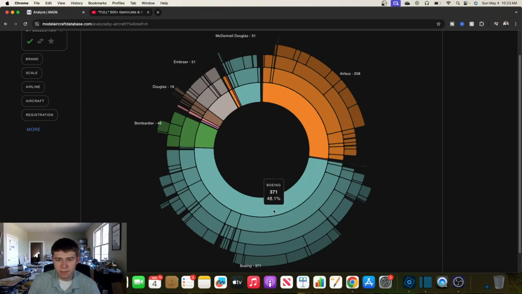So as you can see, I have 371, and then each tab that you go down shows you a different sector of the aircraft. So obviously I have 25% of my airplanes are Boeing 737s, which is pretty impressive. But on top, you can see why this line is so big here. And then if I go over here, only 2% are Boeing 727s. That's 2%. So you can see here how this starts to break down. You can start to get a feel for it. So let's go with the biggest one, 737, and then it breaks it down